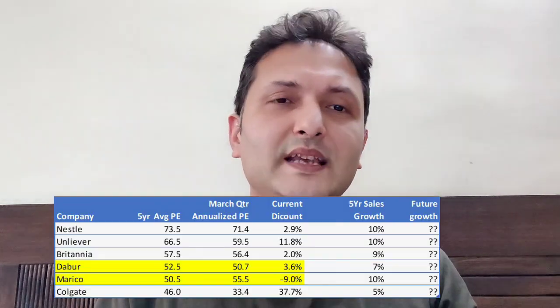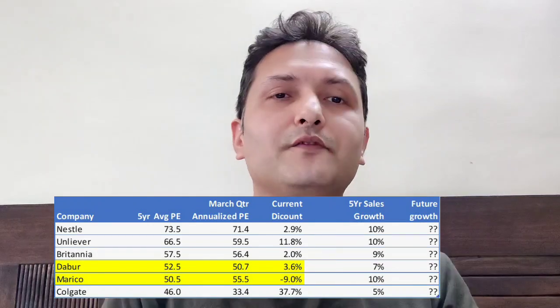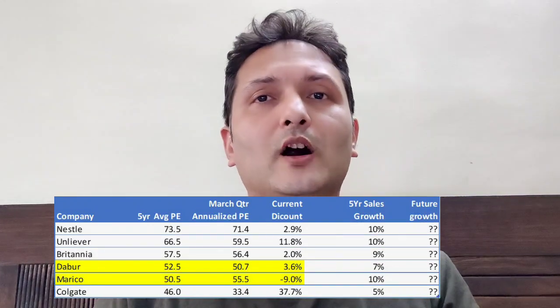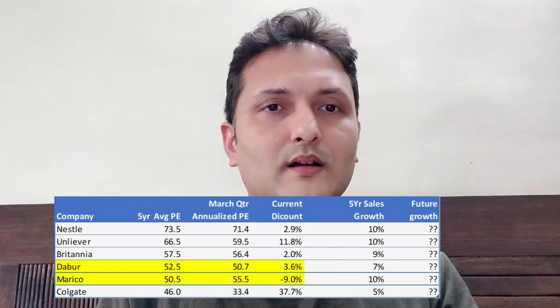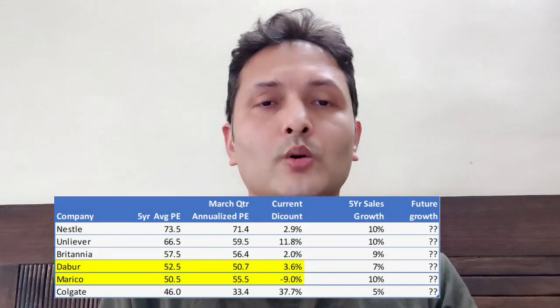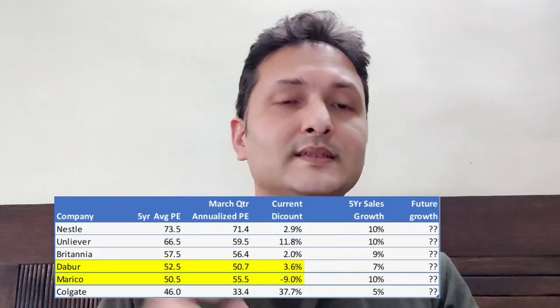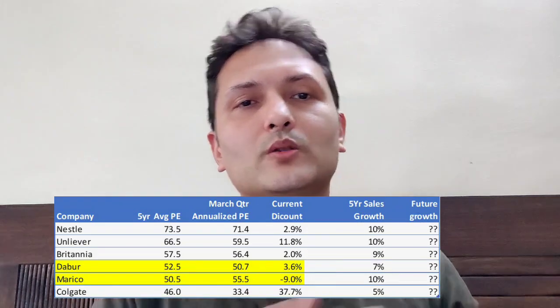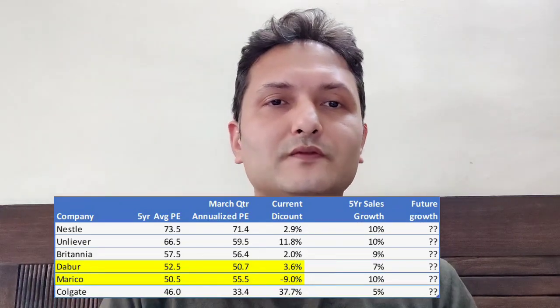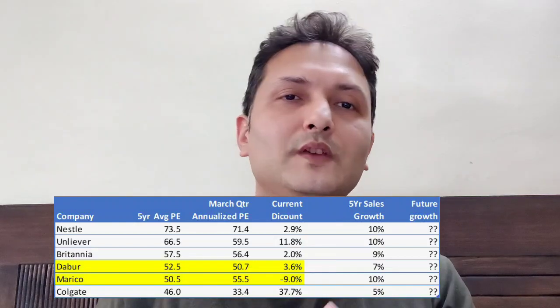Now let's come down to the discussion of, when we see this valuation of 50-60 multiple for FMCG companies, whether to invest in those companies or not. What we look for after seeing this valuation multiple is how much the company has traded for in the last, say, 5 years, what the valuation multiple is now, and where the difference lies. Also we should see how much the growth rate for the company has been for the past 5 years, and what forecast we have for the future.